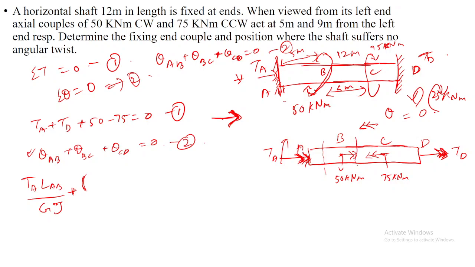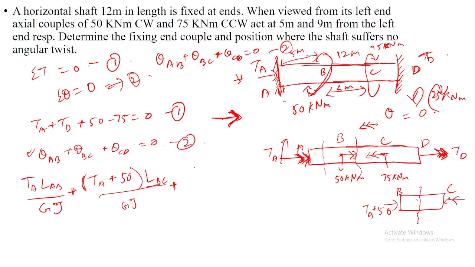If you draw the free body diagram of the BC section alone, towards this you are having TA plus 50, and that will be balanced by the opposite side, right or not? Yes, sir. TA plus 50 is pointing towards the cross section, so I am writing it as positive direction into L_BC divided by GJ